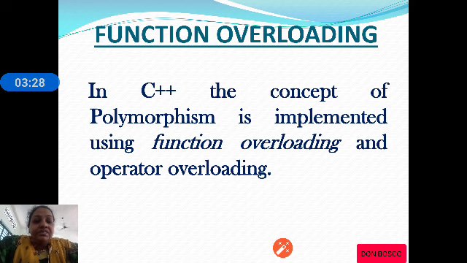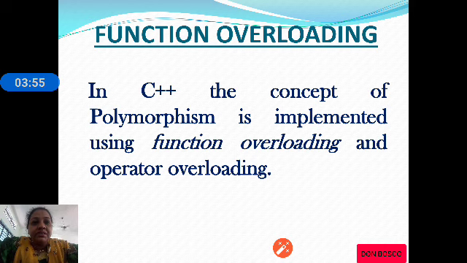How? In C++, the concept of polymorphism means one name, many forms. There are 2 types of polymorphism: function overloading and operator overloading.